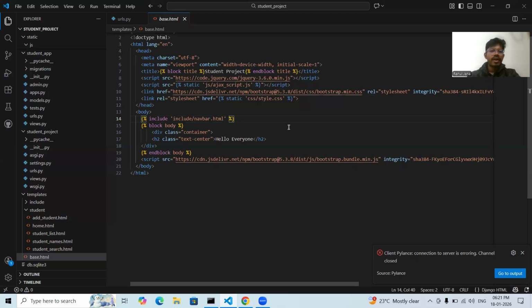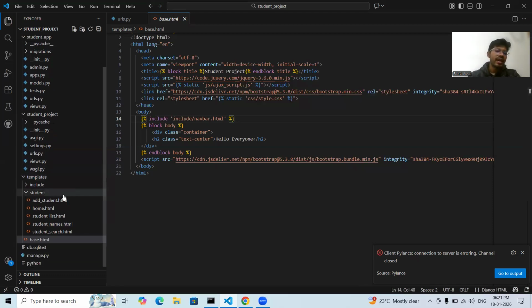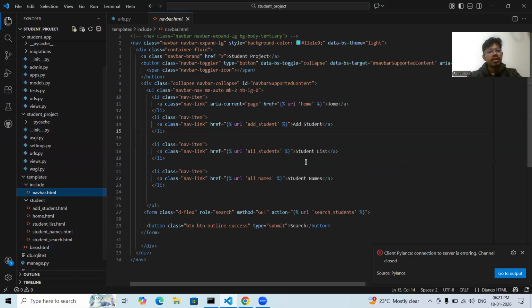Now I am coming to the navbar.html because here navbar.html appeared. So I am moving to the portion that is navbar.html and it is inside the include folder. I am opening the navbar.html. It is the navbar. Okay. And here we can see different nav links for different portions: home, add student, student list, student names, and I am connecting